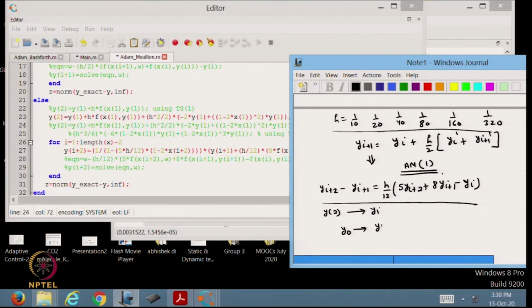Okay. And then once y1 is known to us, we can compute y2. But actually indexing in MATLAB does not start from 0, that is why y0 corresponds to y1 and y1 corresponds to y2.